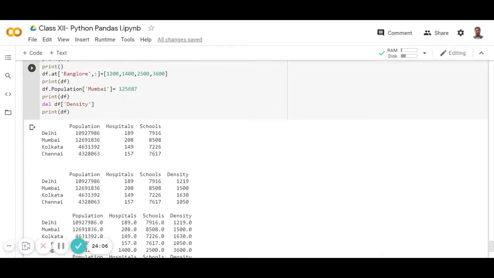Do these commands from your book, and next we'll do boolean indexing. You can also change the indexing with boolean data by giving true false. It's simple, you just need to give the true false values.